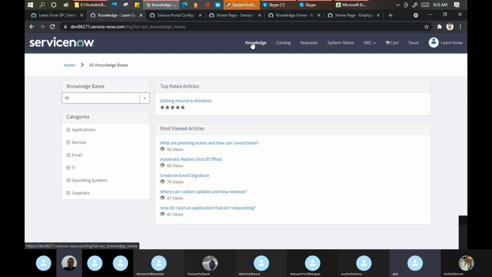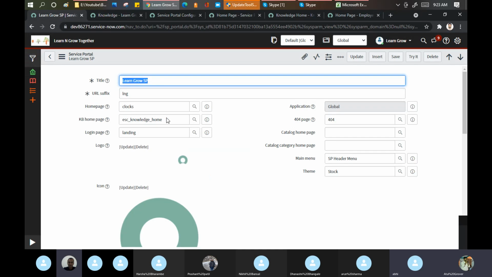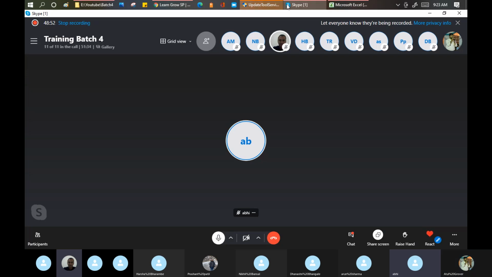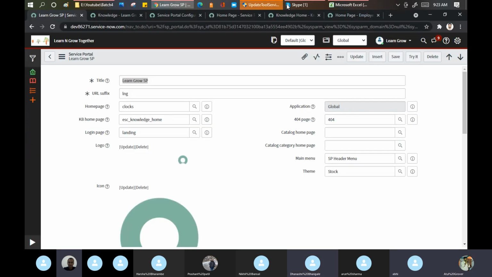Prashant, from where are these values getting populated? Landing page and all these things are there. Tell me, guys. Nikhil. From where are these values getting populated?